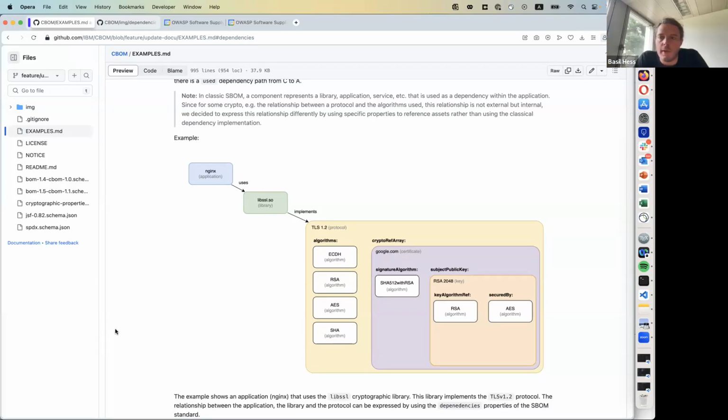Yeah, you could directly have a service that uses TLS 1.2, or a service that implements TLS 1.2. So uses would be the appropriate thing, or which one would it be? Would the service use TLS 1.2 or would the service implement TLS 1.2? Yeah, I think it would be